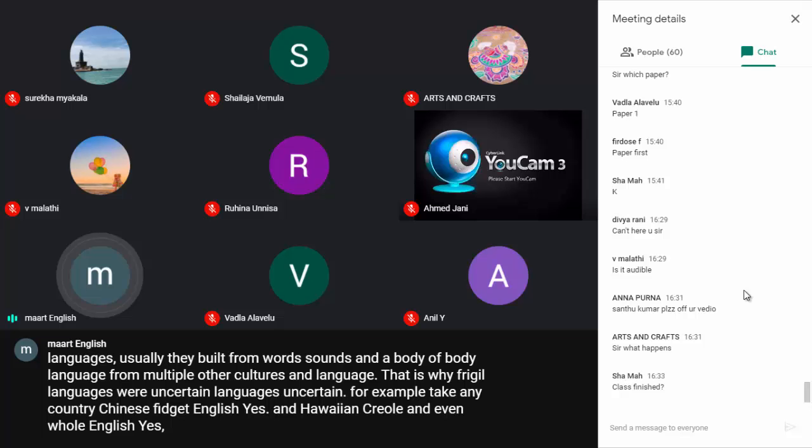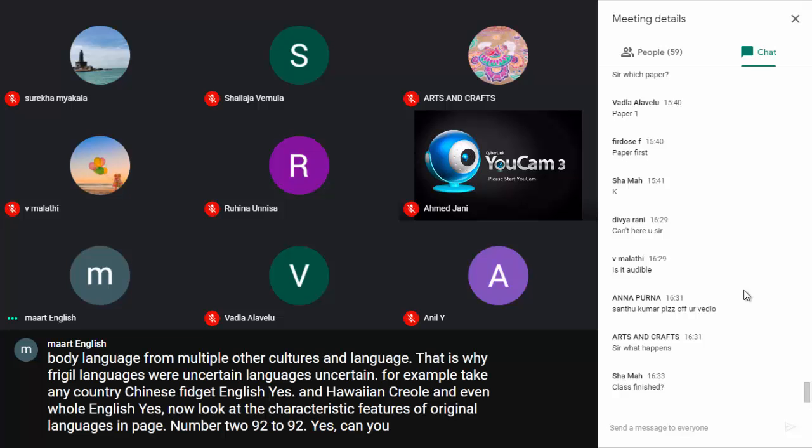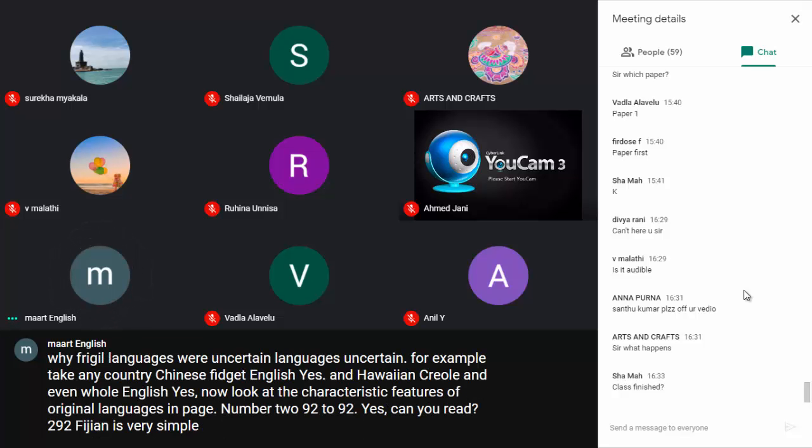Now look at the characteristic features of pidgin languages on page number 292. Can you read 292? Pidgin is a very simple form of